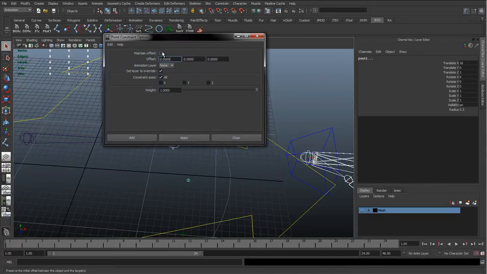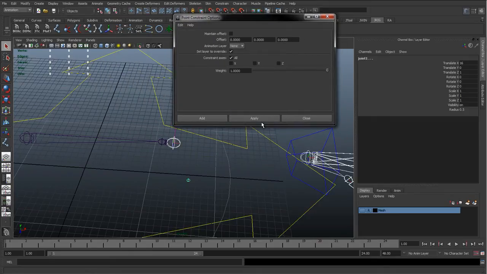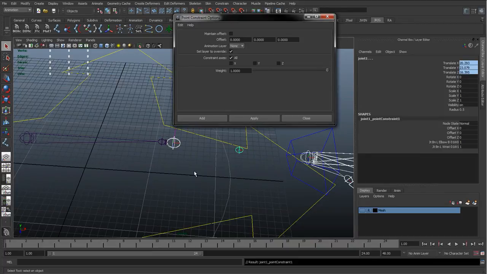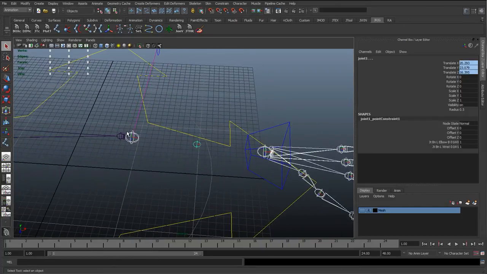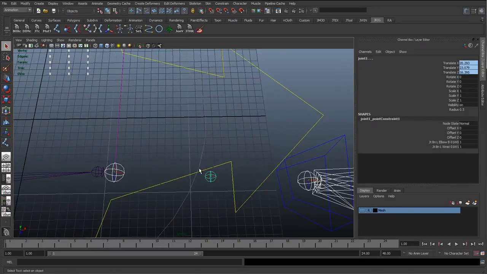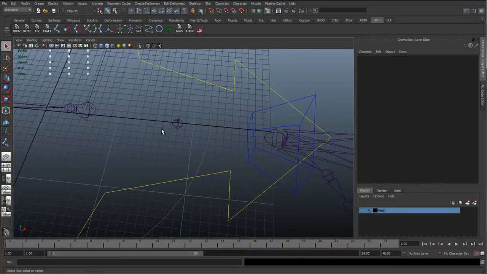But in the option box, I'm going to uncheck maintain offset and hit apply. What maintain offset does is it maintains that offset, so it keeps its position but constrains it. If we uncheck that, what we would see is, if we just selected one joint and then the second joint point constraint, it snapped to that joint there. But because we've added 2, it's going to snap to both of them, so it's going to snap exactly in the middle. So this is a quick way that we can constrain something to the exact midpoint, because